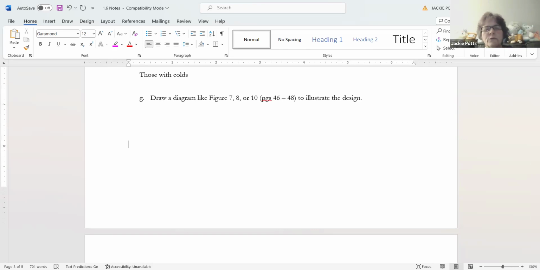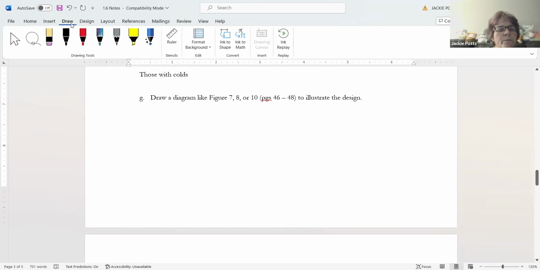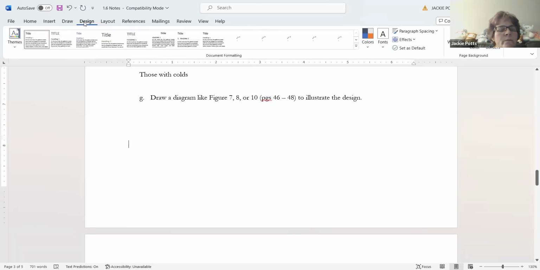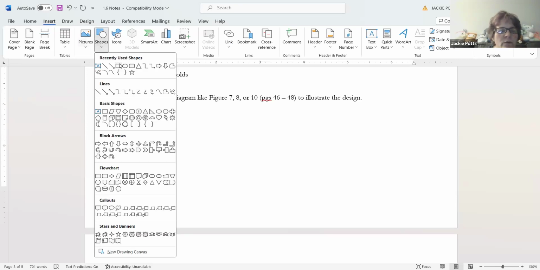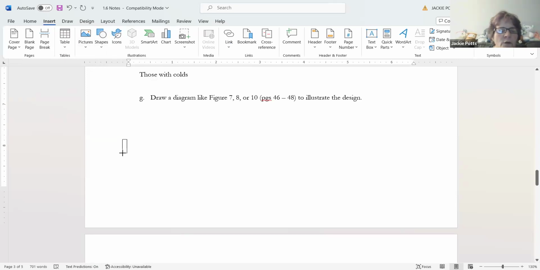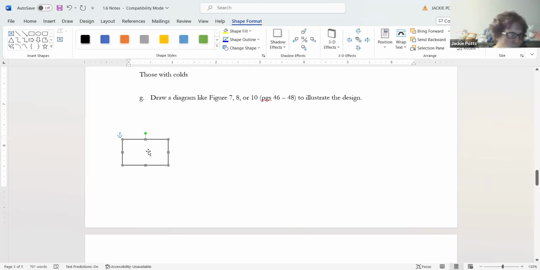Now, this is where this gets a little fun. We literally draw flow charts when we're laying out designs. It's shapes I'm looking for. So how do we do this? Well, we start with